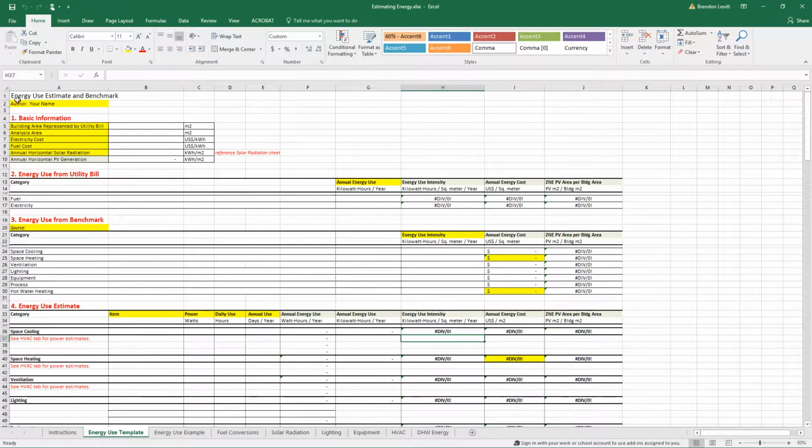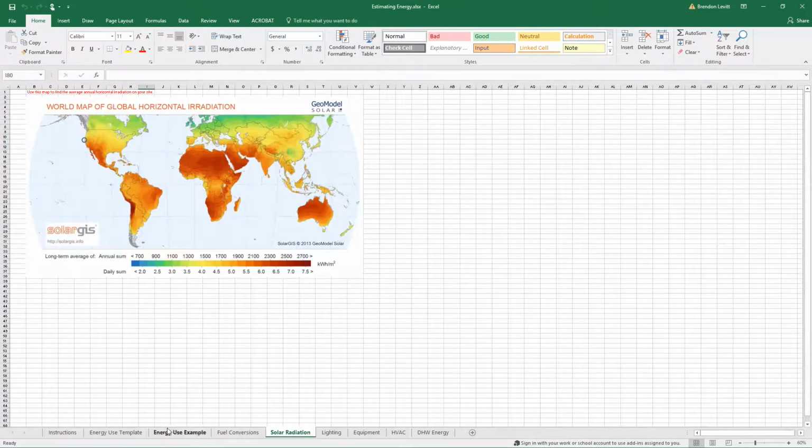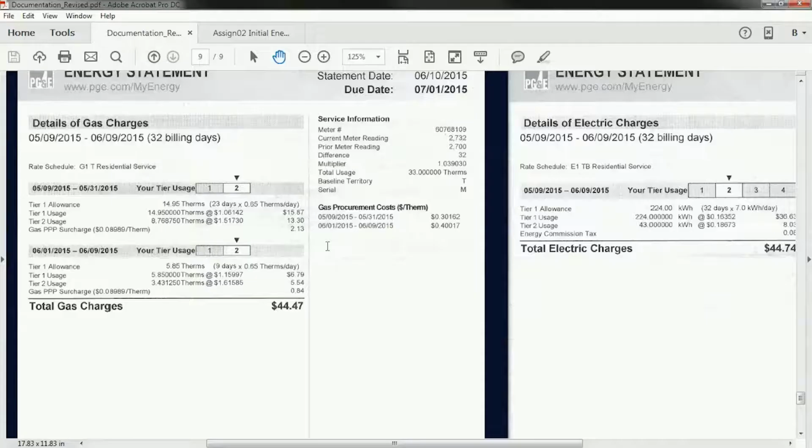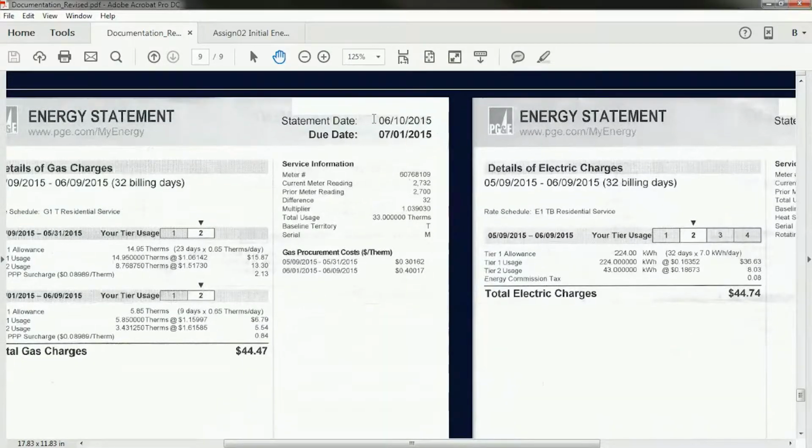So you'll see that this spreadsheet has a whole bunch of sheets along the bottom here, and you're going to be using those in order to complete all of the information in these yellow cells. For this tutorial, we're just going to look at utility bills, which is this portion right here, the analysis area, the electricity cost, the fuel cost. And I've got here a sample utility bill,